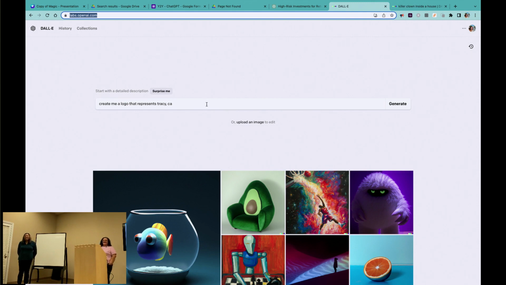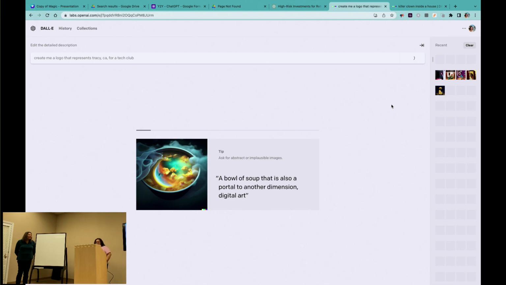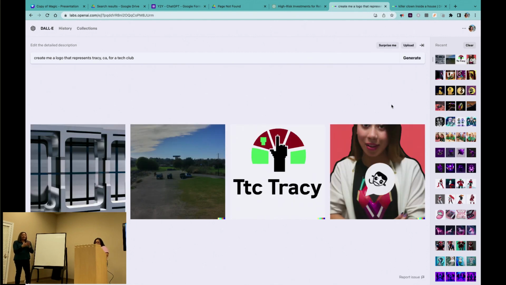Okay, and then you said create a logo that represents Tracy, California, for a tech meetup or a tech club. It does understand meetup. So let's generate that. I've had it write some of my LinkedIn posts, and I'll say, as a Women Techmakers Ambassador, I want to respond to this, and I'll give it whatever I'm going to respond to, and it'll generate it for me.